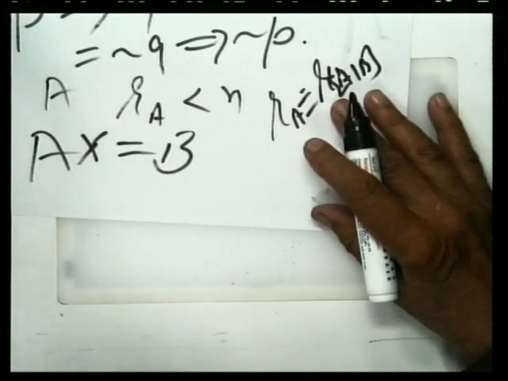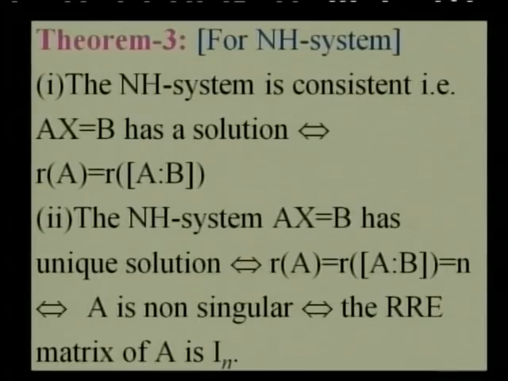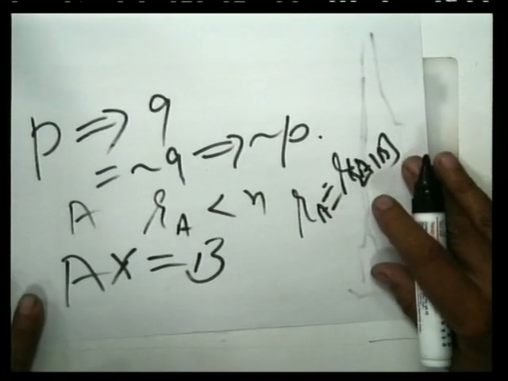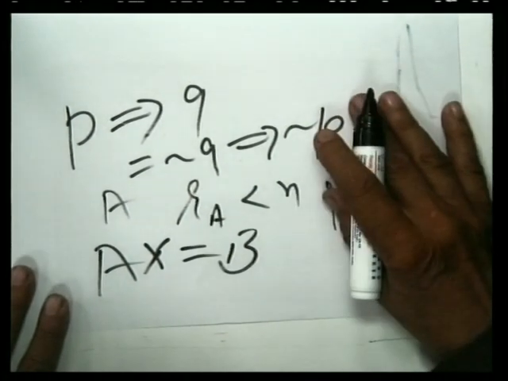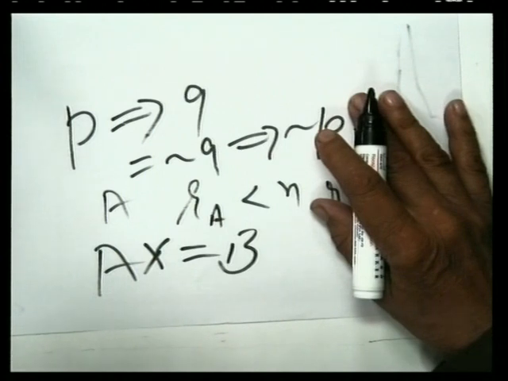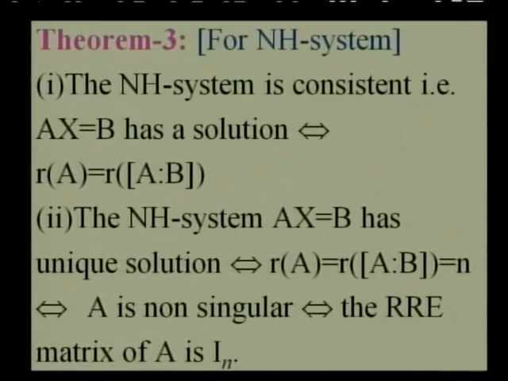and here rank... Yes, you see on the screen. On the screen you have seen that system of equation Ax equal to b, where b is not equal to 0, has either no solutions or unique solutions. Unique solutions if and only if rank of A equal to rank of the augmented matrix, and that is equal to n, and that is true if and only if A is non-singular and row reduced echelon form of A